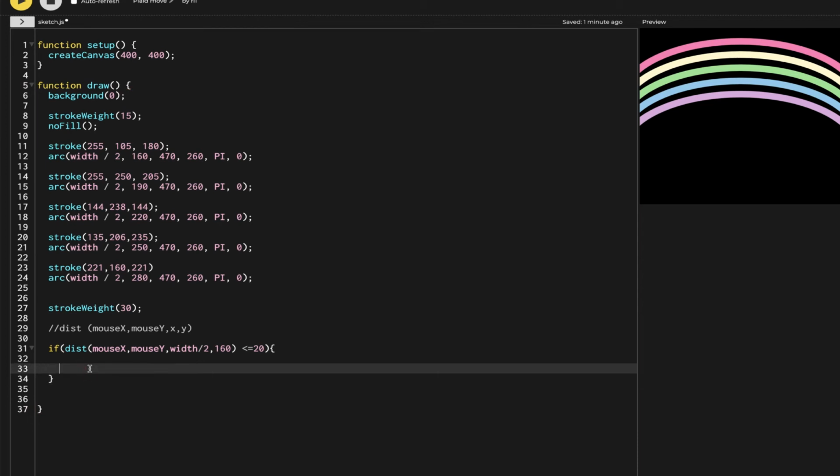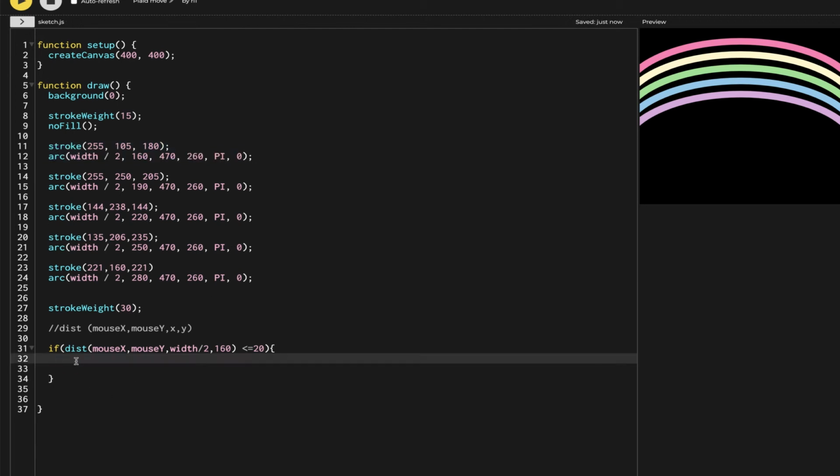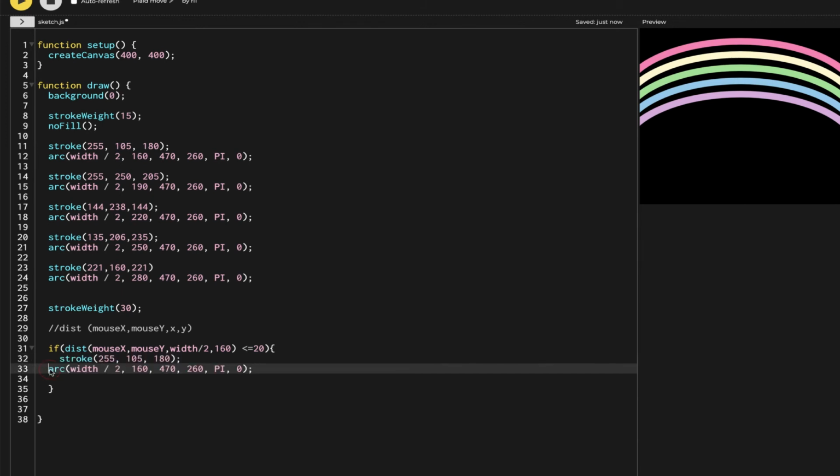Now what I'm going to put is I'm going to take this arc function from here, and I'm going to put the whole thing with the stroke of it. I'm going to copy this from there and put it in here. So nothing will be changed, it's just the whole thing coming inside the dist function. So we did that,